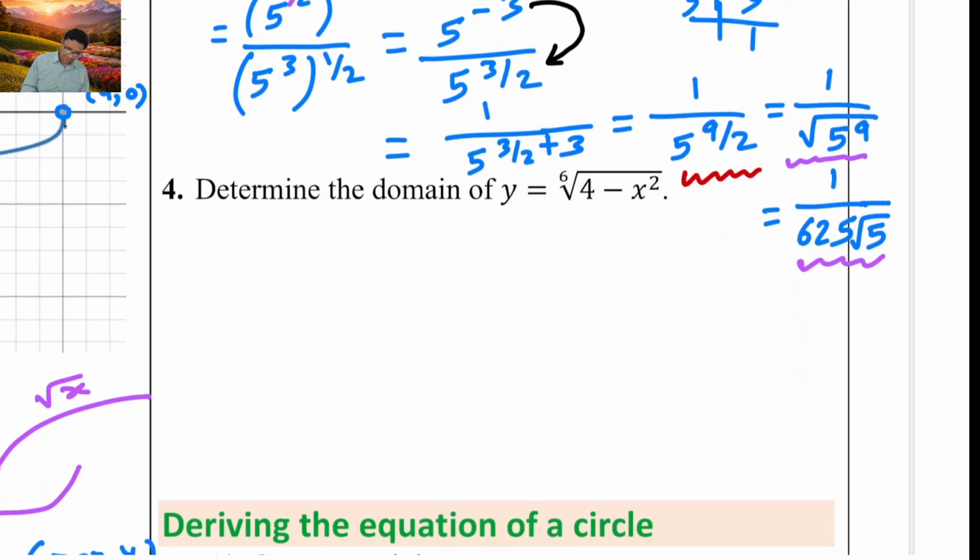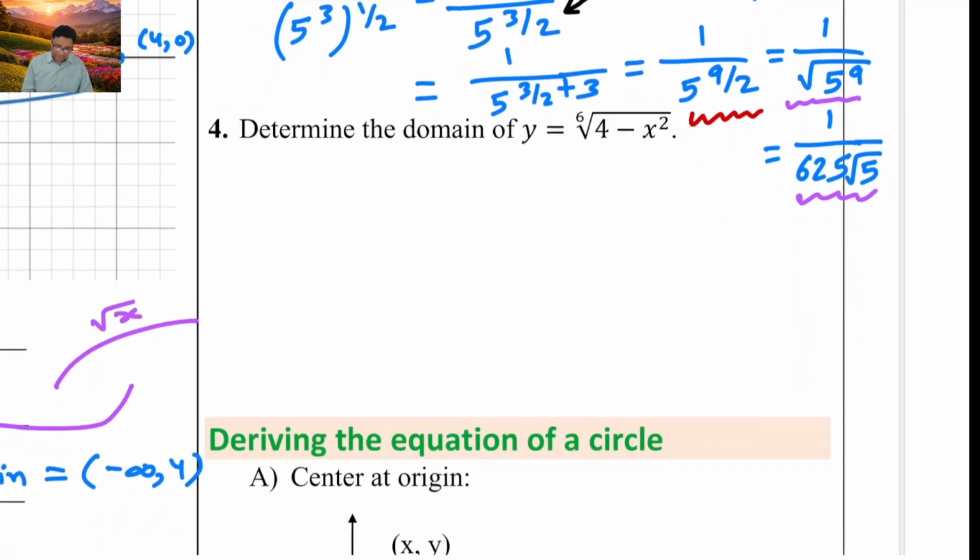Okay, next question. Determine the domain of the function sixth root of 4 minus x squared. Think about it. The key lies in the root there. It's the sixth root. Okay. So an even root